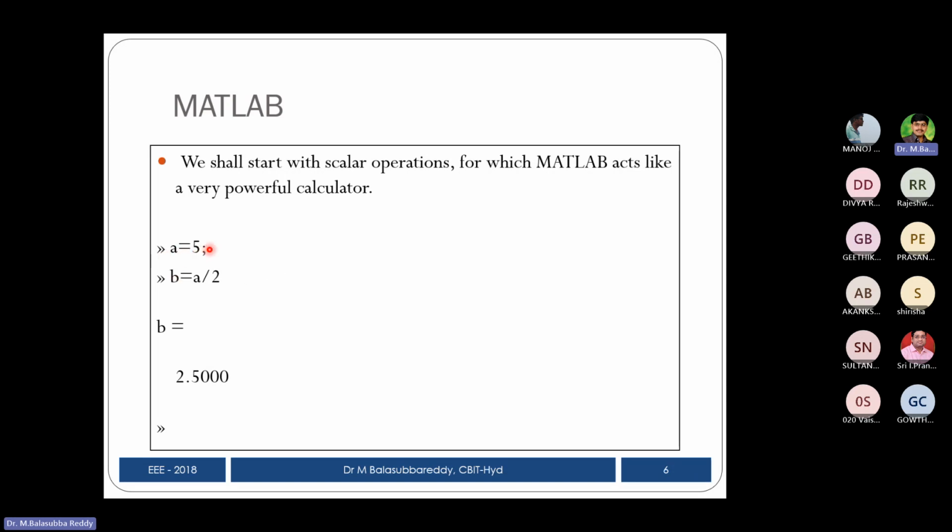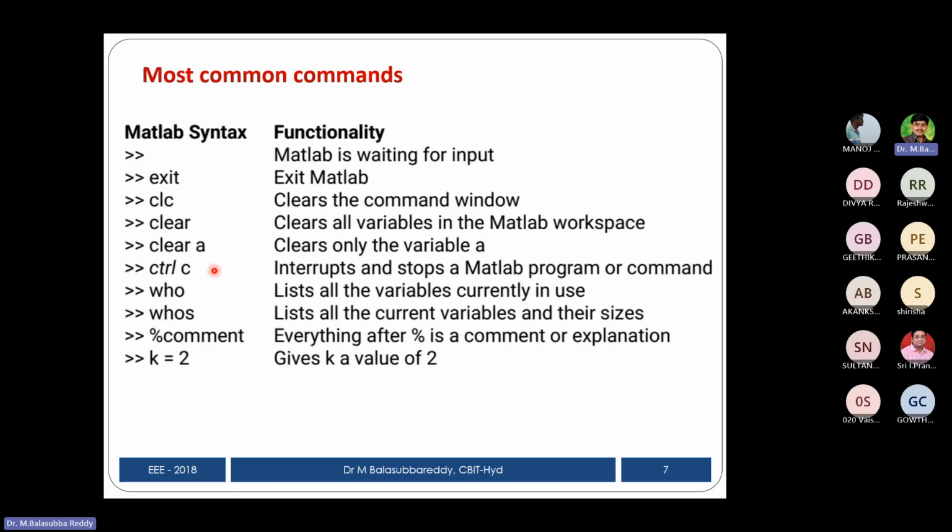There is a difference I'm showing here. A is equal to 5, I use a semicolon, and then B is equal to A by 2. If I enter these two, A will not be displayed, but the value of A is already there because it was executed. But A by 2 will give 2.5. It is showing the result, whereas the previous one is not showing the result because of the semicolon. That is the importance of the semicolon. And this is also very important while you are using